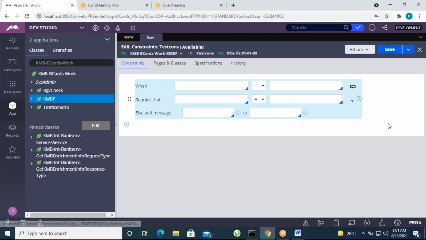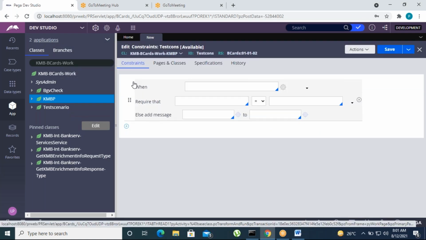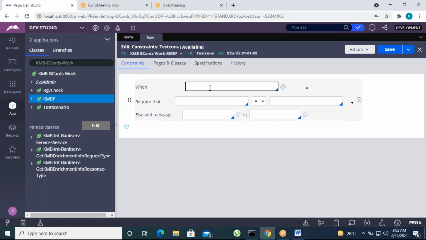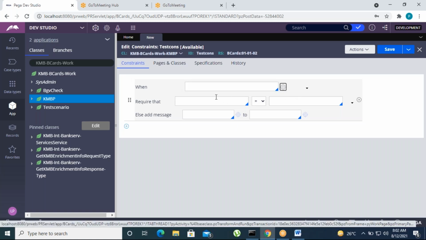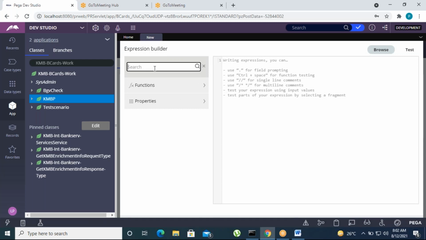So here, first of all, we need to select the standard functions like what is the condition type and everything. Here we need to define the when conditions. So the when condition is nothing but suppose we can build expressions. We don't have any conditions and all. We can go for build an expression. Something we have some length function, correct?